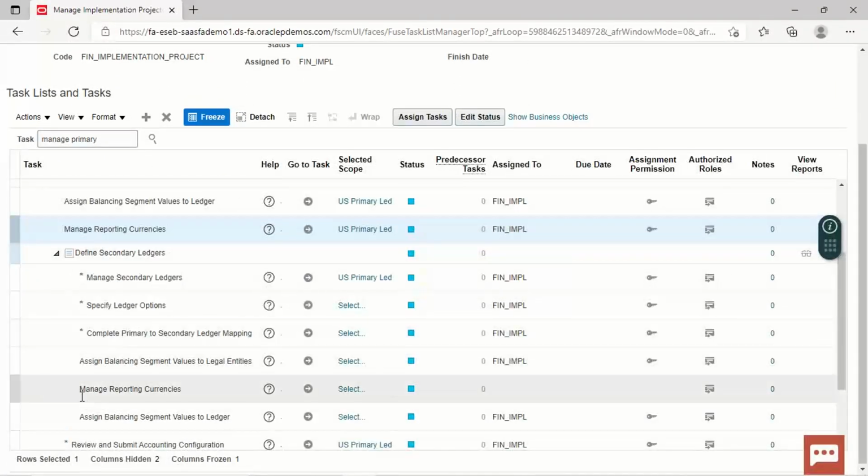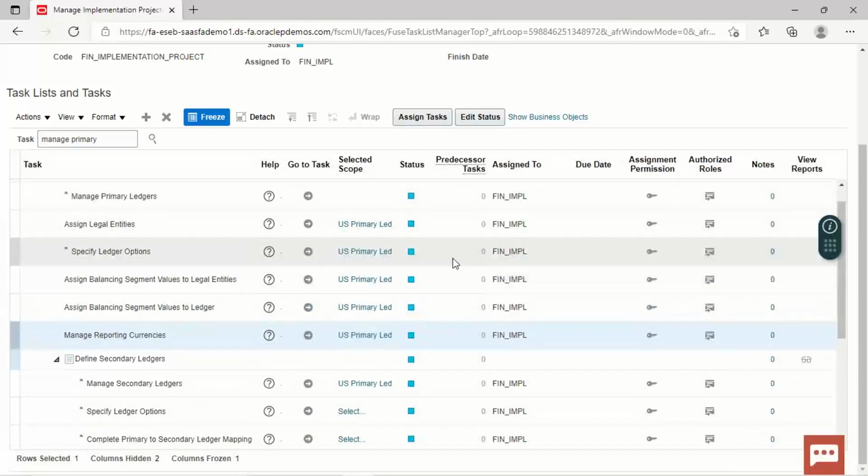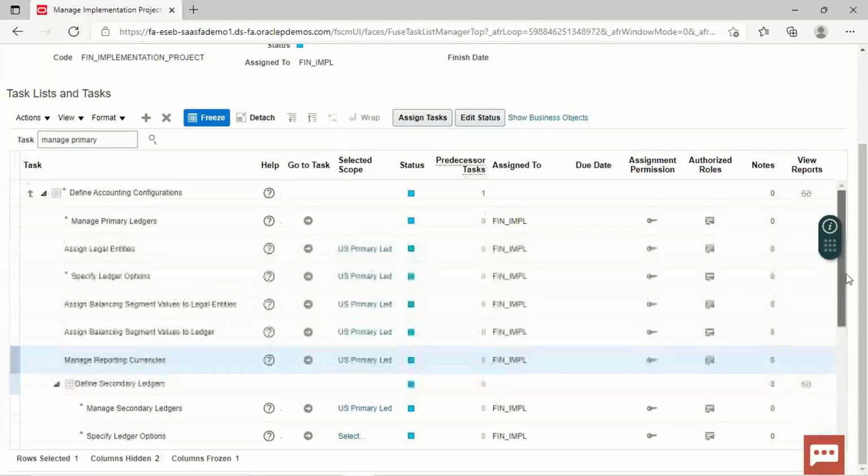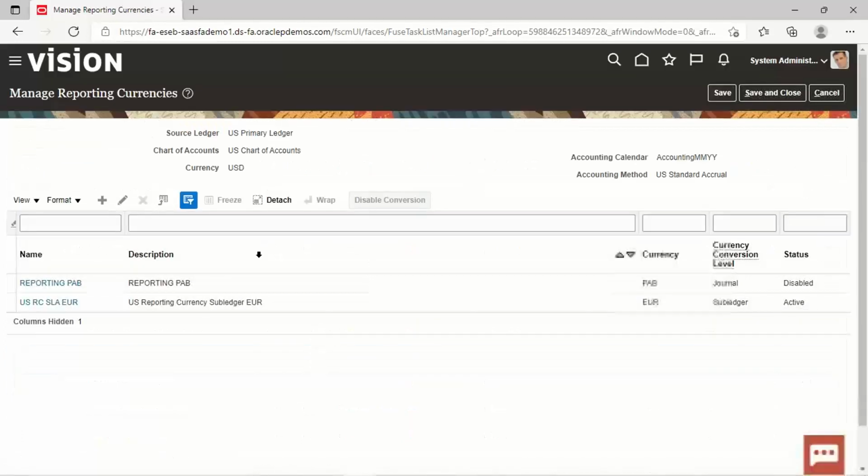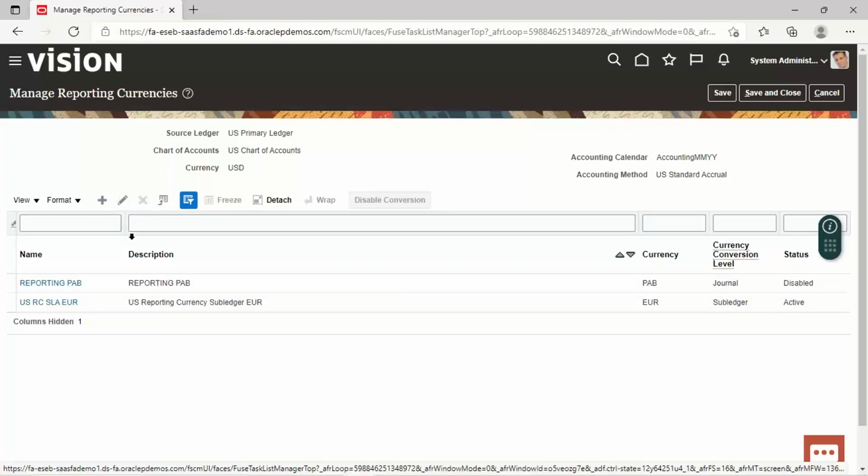We do not have to select this, but the above one. So we'll click on the go to task. Over here, two reporting currencies are already created. We'll create a third one.